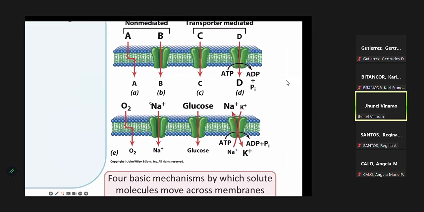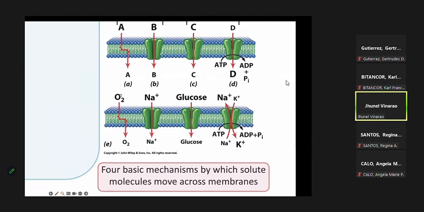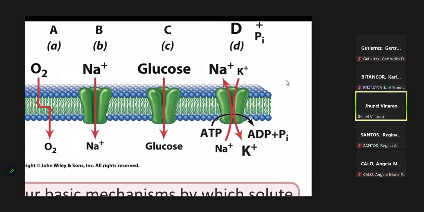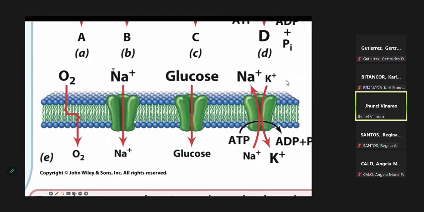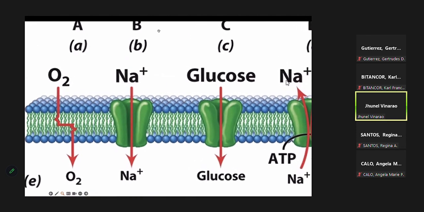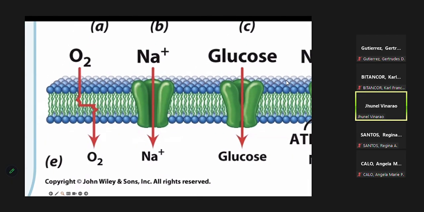So these three are passive transport. When it's passive, it means the reaction is spontaneous. It is energetically favorable because it follows movement from high concentration to low concentration gradient. So like oxygen, oxygen can freely cross the membrane because